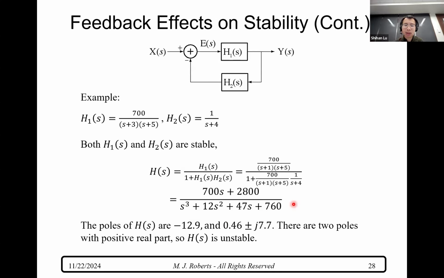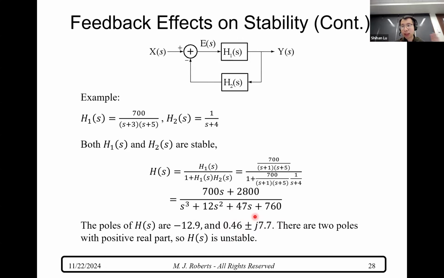As you can see, two poles both have a positive real component, which is the 0.46 here, right? So those two poles lie on the open right half of the coordinate plane. So for sure, h of s will be unstable